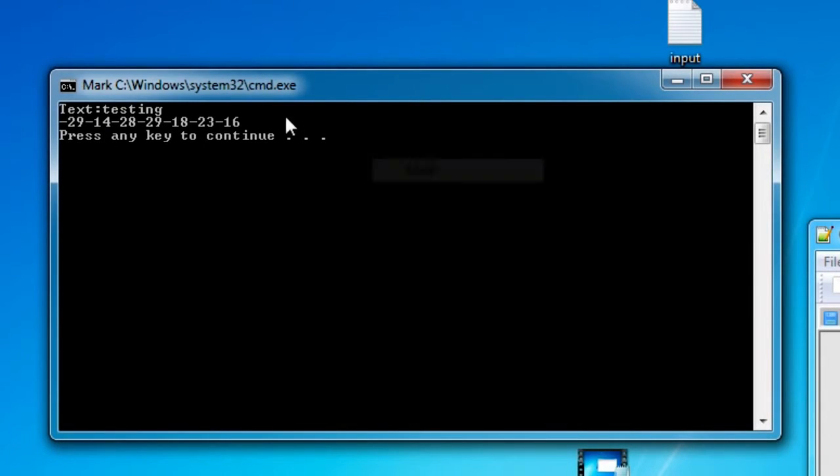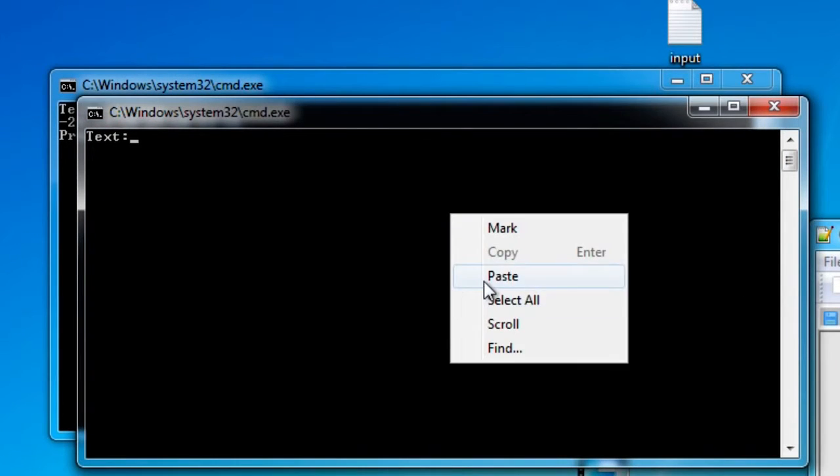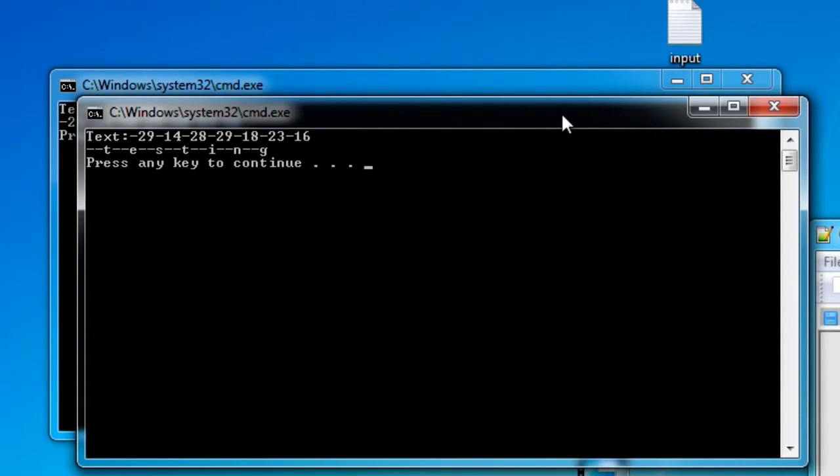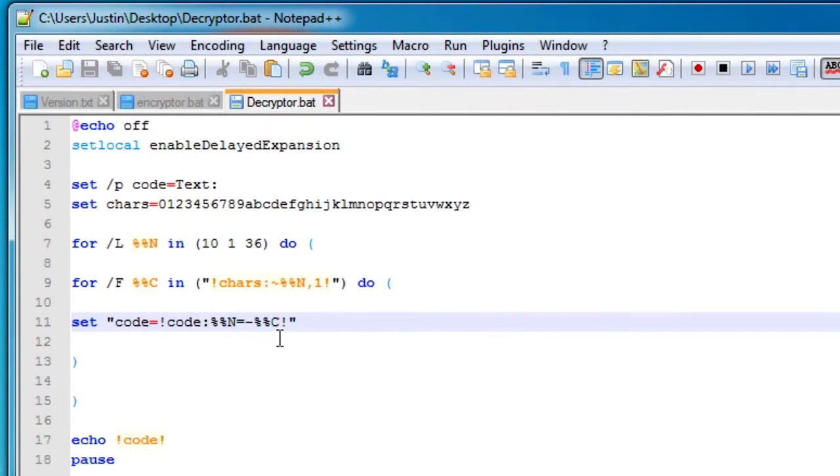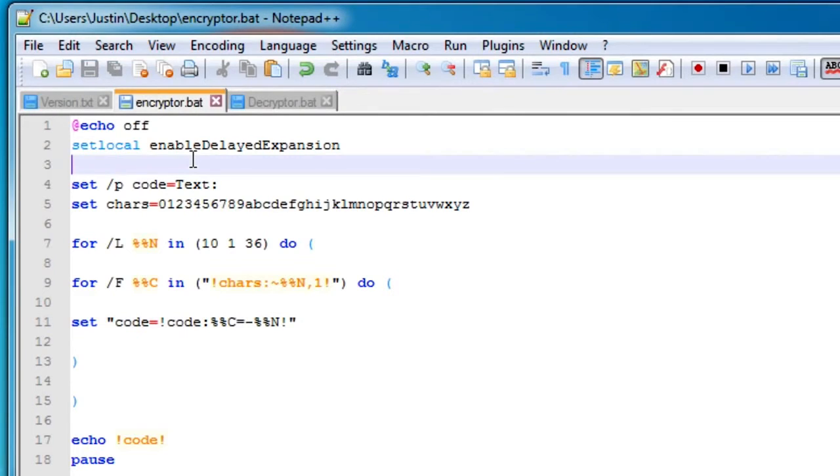So now if we take this and put it into our decompiler, you can see testing, and it put a dash there, and that reminds me we actually don't need a dash here. Okay, so now that we have a 2-digit number separated by a dash associated to each letter in the alphabet,